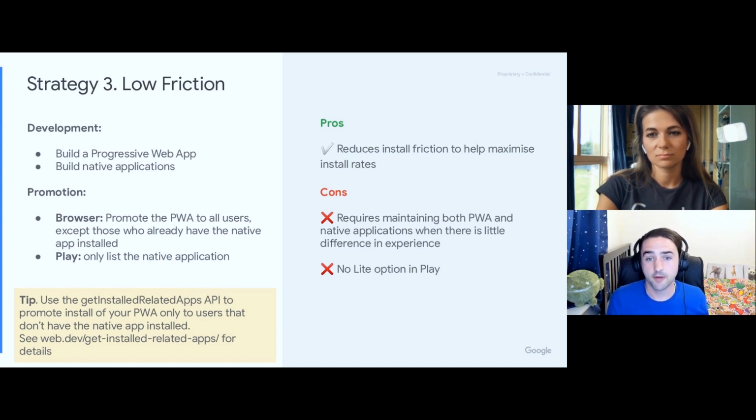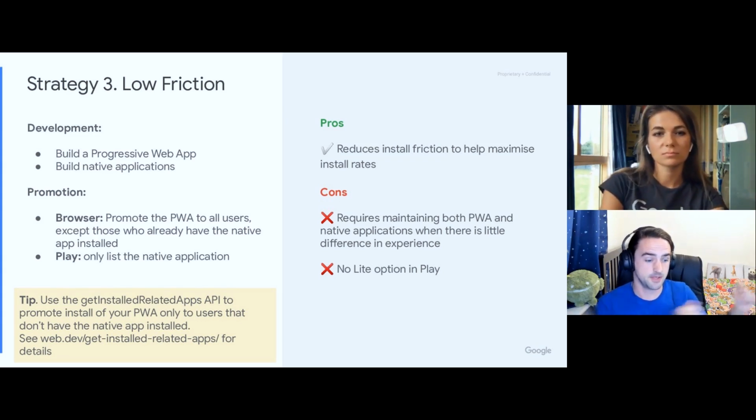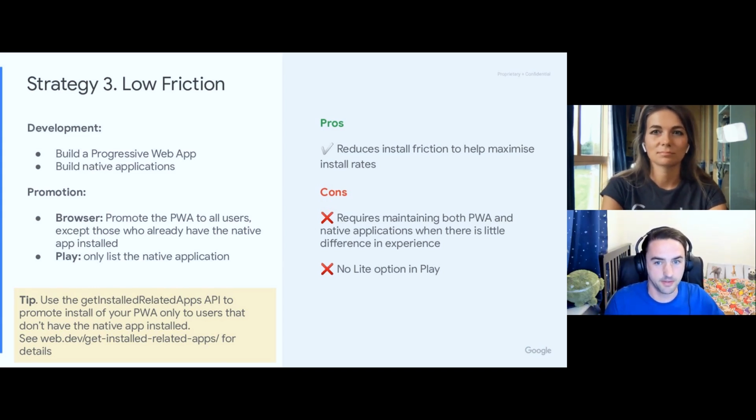It is a really safe option for those businesses that already have great native apps and want to grow the total install base by using PWA to just exactly complement the existing app strategies. So that was really quick.